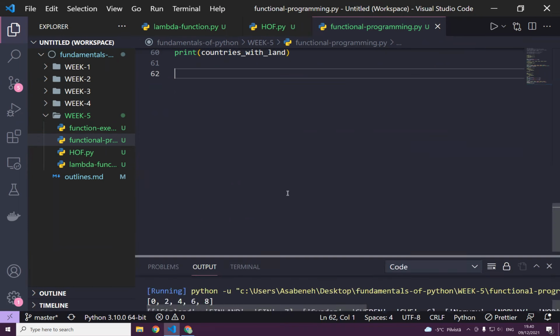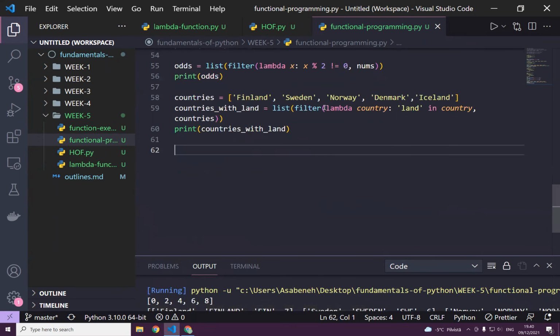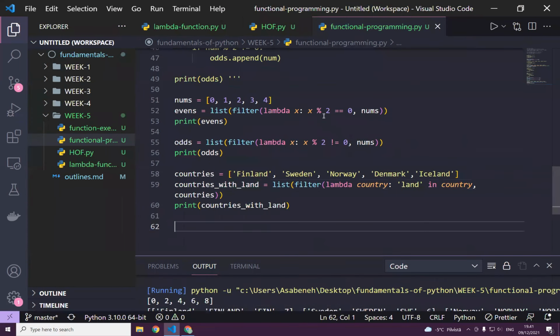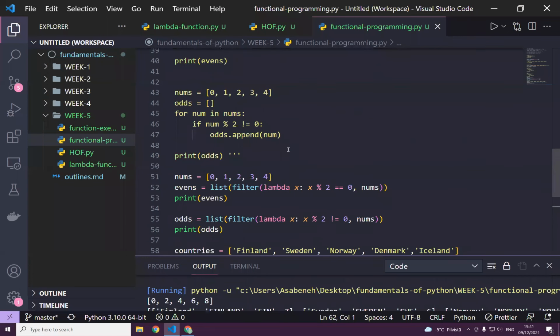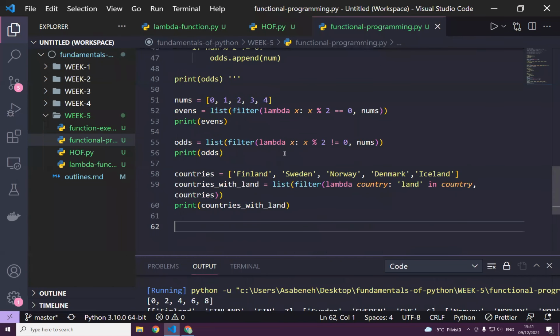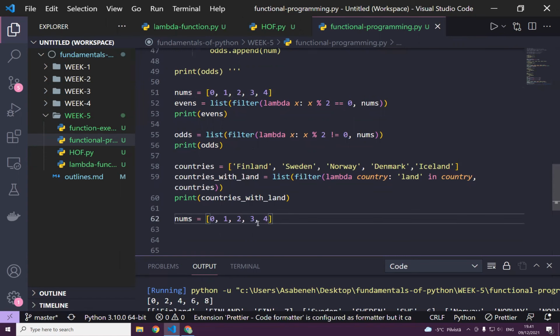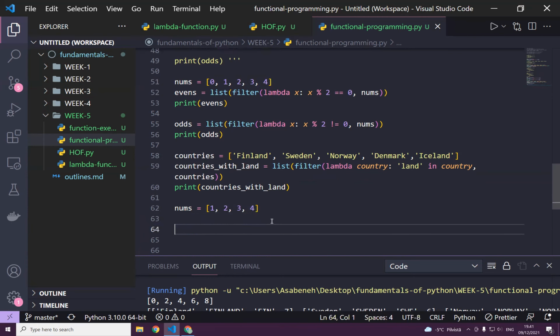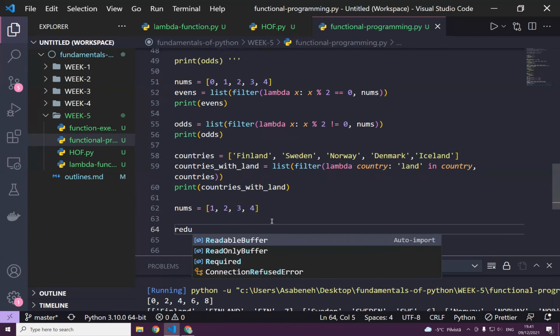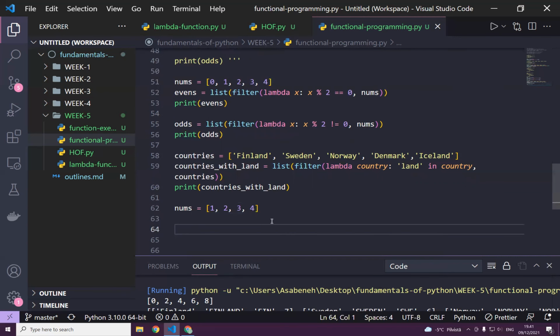Okay, have you seen now? We learned how to use the filter. The filter is almost the same as map, but the function is different. Now let's go for reduce. Reduce is actually to reduce something. For instance, we can sum these numbers together. So we can use reduce, but we don't have reduce globally, so we have to